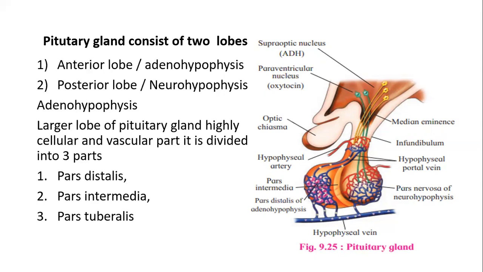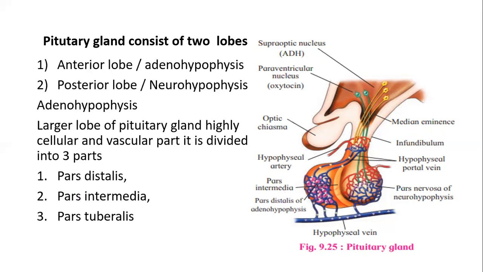So this adenohypophysis is an outgrowth from the roof of buccal cavity. This outgrowth is known as Rathke's pouch. It grows upward towards the brain. And the neurohypophysis grows as a downward extension of hypothalamus. This is on the lower side. The two outgrowths together form the pituitary gland. These two lobes that we see, adenohypophysis and the neurohypophysis, both are forming the pituitary gland.